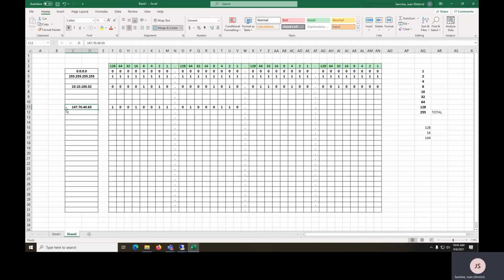Now 40 is super easy to do because I have 32 plus 8 as 40. So 0, 0, 1, 0, 1, 0, 0, 0. 65 is another easy one because I got the 64 and I need a 1 to make it 65. So this here is 147, 70,